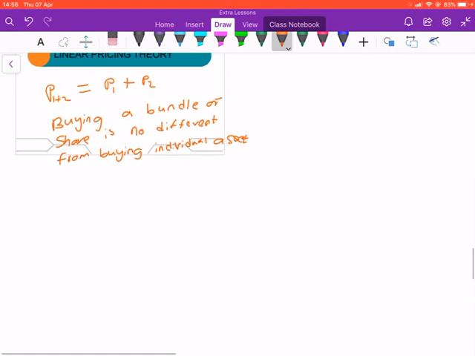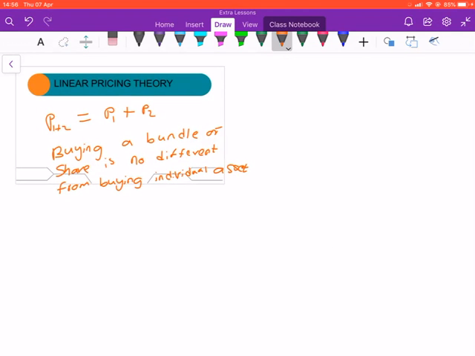So again, our new theory takes us into linear pricing theory, right? Basically, the linear pricing theory tells us that prices should depend linearly on payoffs. I wrote it in this way: buying a bundle of shares should make no difference from buying individual assets. So when you are doing this, what you will have is